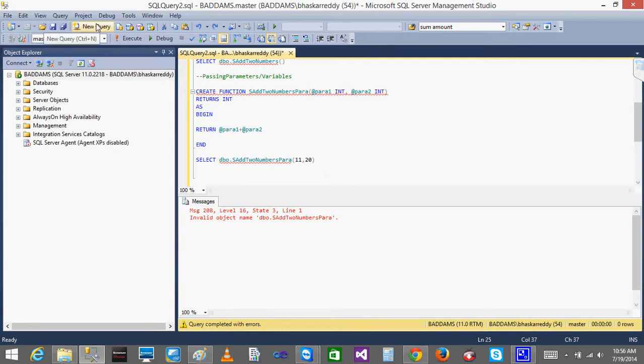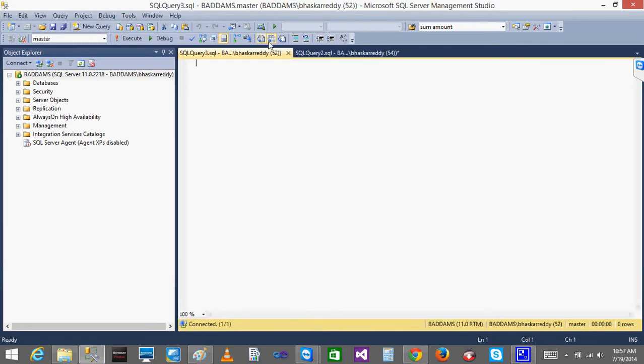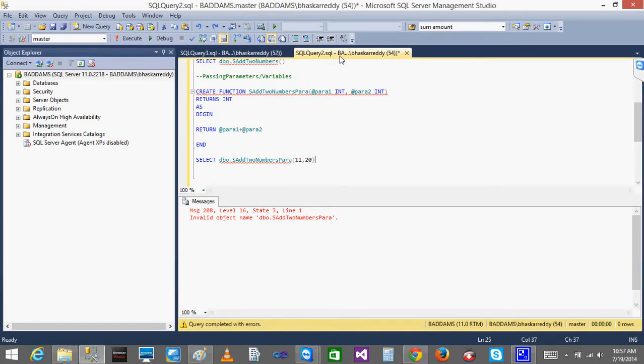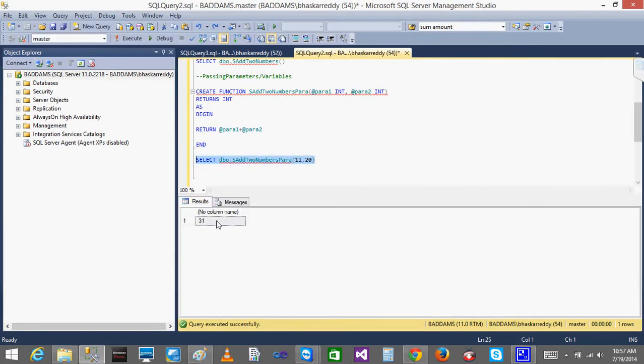We are done. So I will just open a new query. So what does scalar mean? Scalar, you can pass a value. There is no need for you to pass the values also, but it should always return a value. Not only a scalar function, any function returns a value, but a scalar function returns only one value and only one column. That's it. Only one value and only one column.